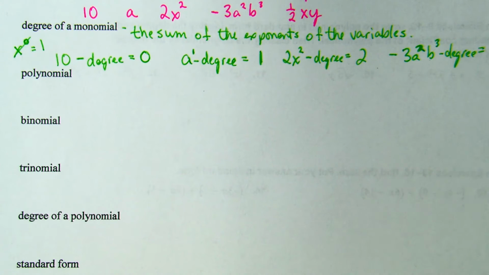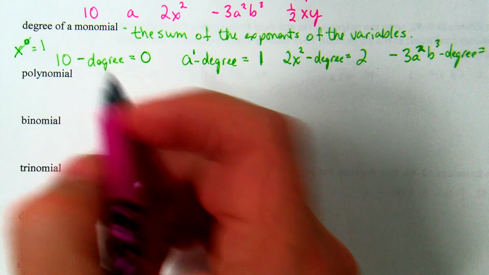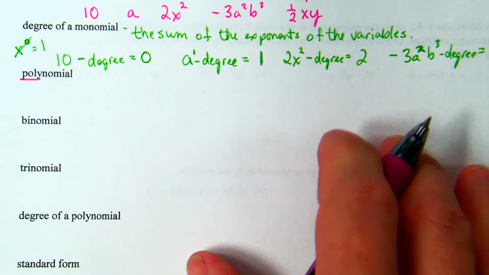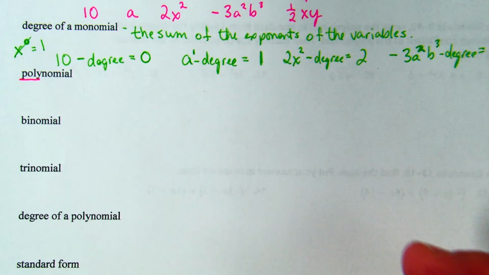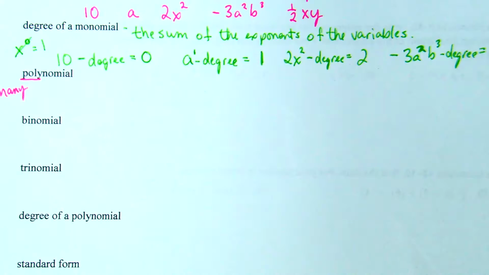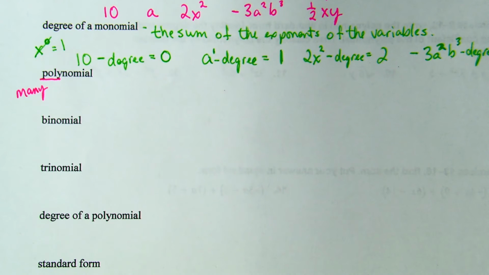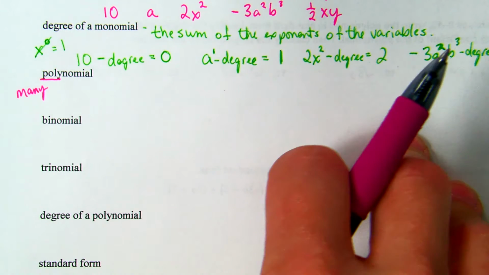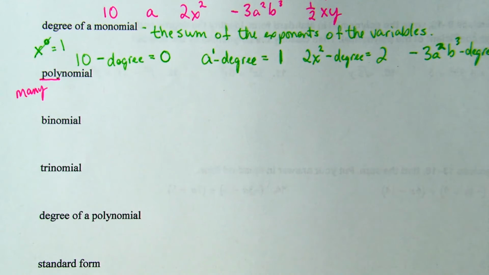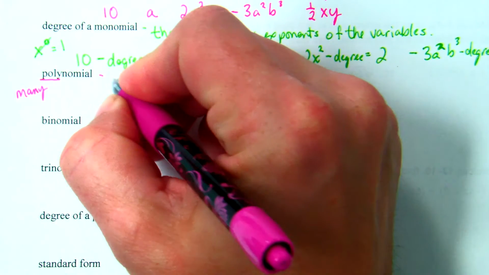Polynomial. What is a polynomial? What does poly mean? It means many. Poly means many. So a polynomial is something that has many nomials, we'll say, many terms in it. In this case here, a polynomial is